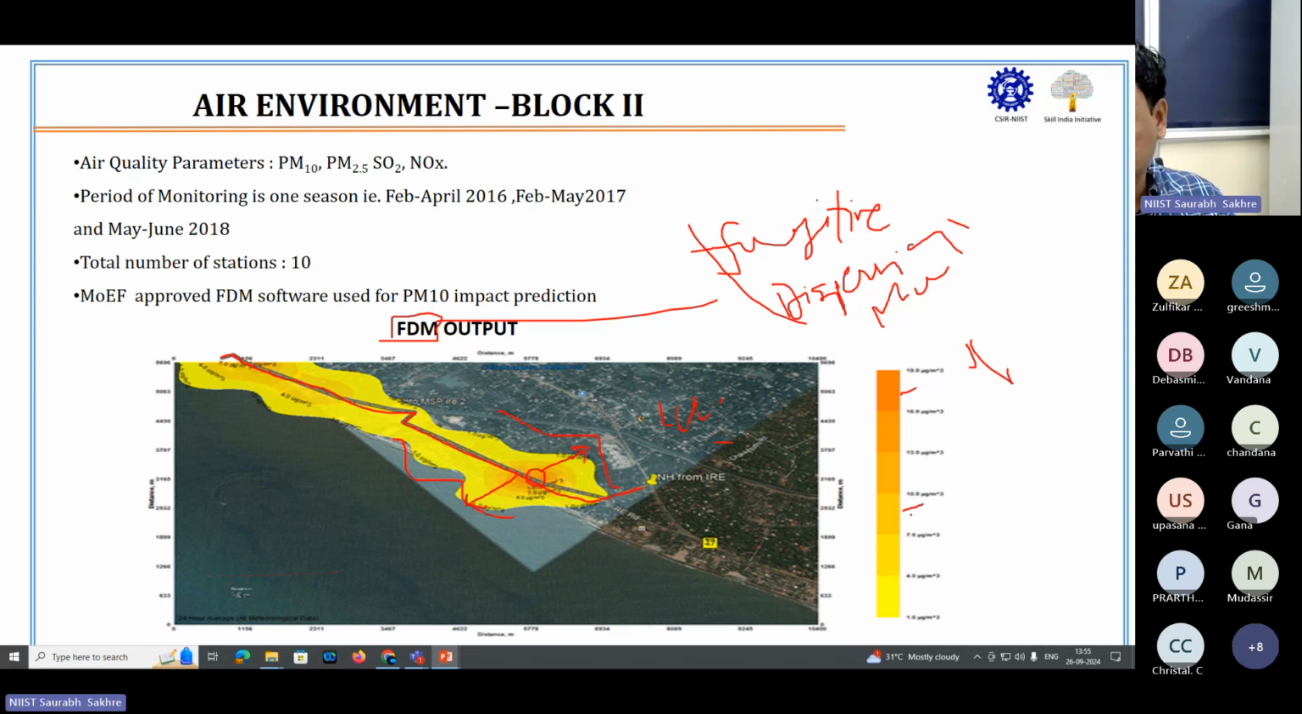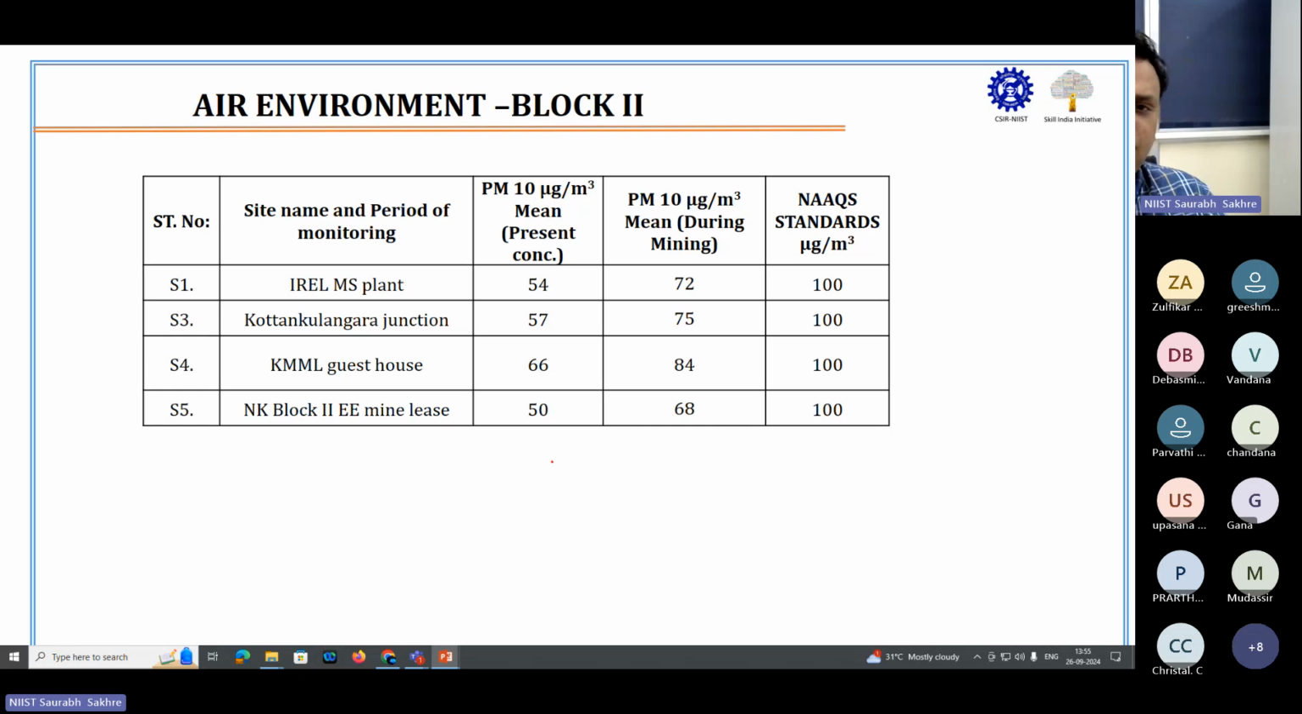I'm not able to properly see it. Anyway, we'll see another image. The value is decreasing from the center. Okay, so this is for block 2. And what you have to do is that